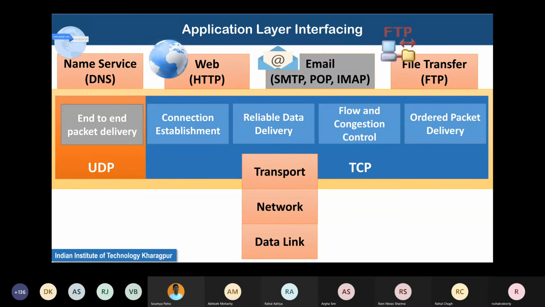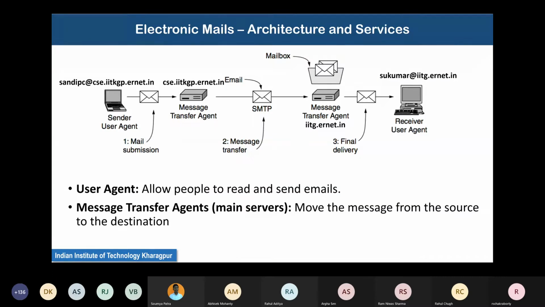Now, next, the application that we are going to study is the email application. And we will study two types of protocols. One protocol that is used to transfer mail between something called, okay, let us just see this diagram to explain some technical terms. The electronic mail works in the traditional way, this is the traditional view.